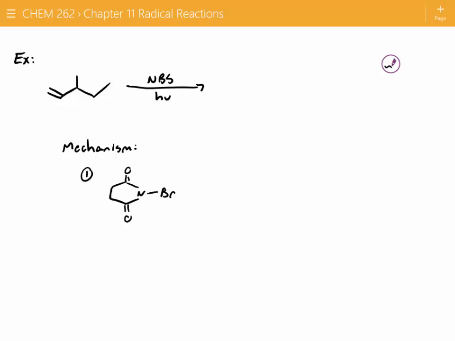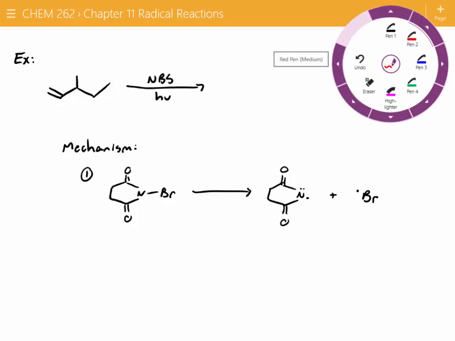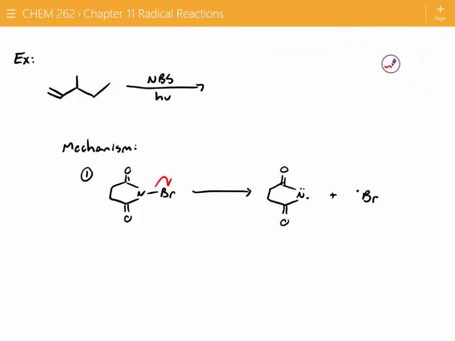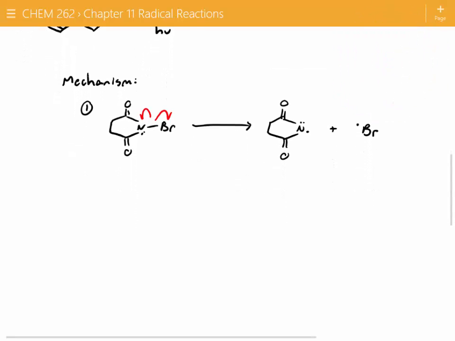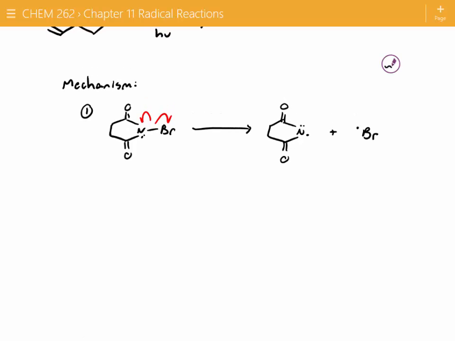That's our NBS, right? Yep. So I'm going to draw out our skeleton and then fill in the arrows next. So we're doing a homolytic cleavage here. So we've got our initiation going. We've created a very reactive radical. Now the second step